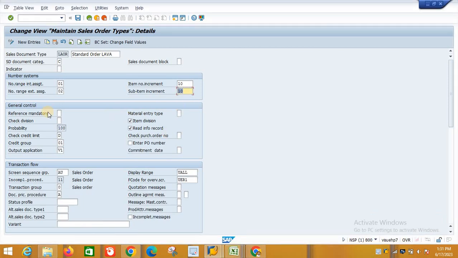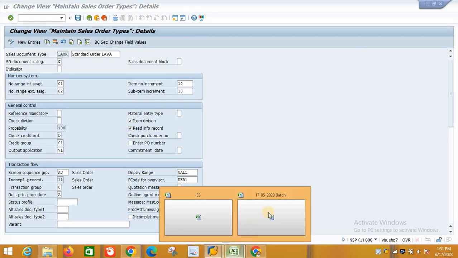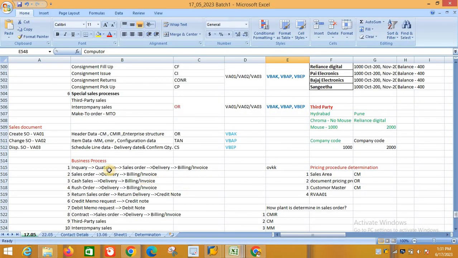Okay, then reference mandatory. What is meant by reference mandatory? I told you about the various business processes before this class: inquiry, quotation, sales order, delivery and billing. The quotation is created with reference to inquiry. Sales order is created with reference to the quotation.